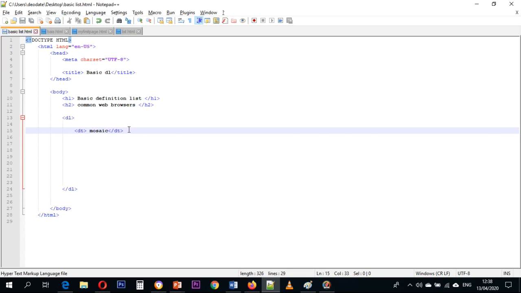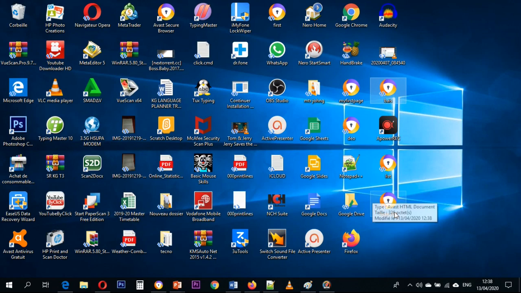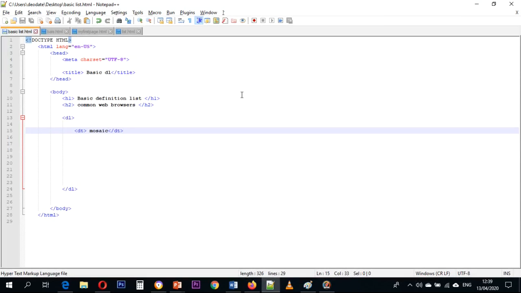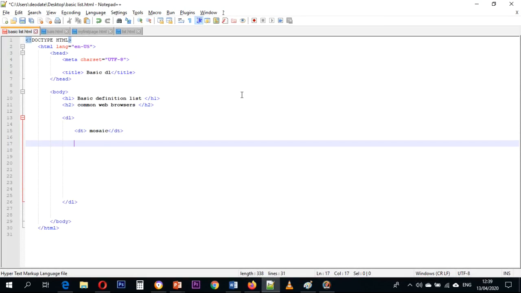Let me save it and see how it looks in the web browser. Remember, I saved it like the basic list. This is it. So far we wrote the title, and here is the definition term. Now I want to put the definition description. I want it to be indented, to start right here and go this way. So let me go back to Notepad++, and I'm going to write the definition